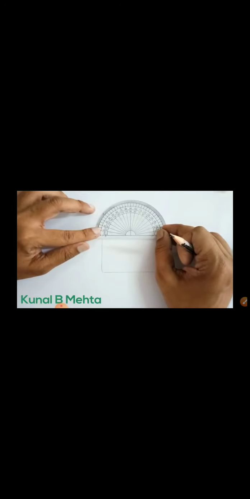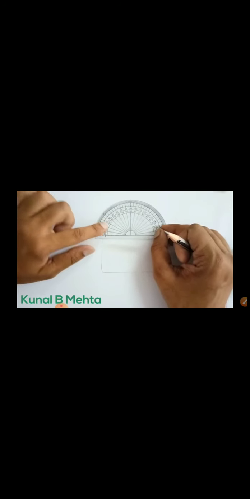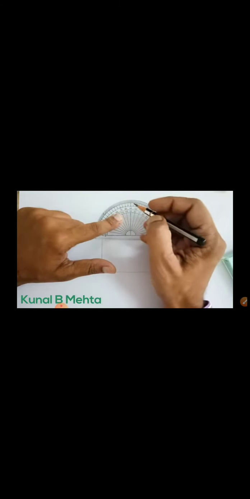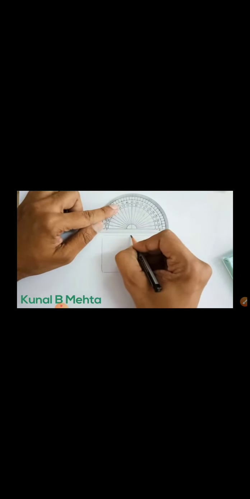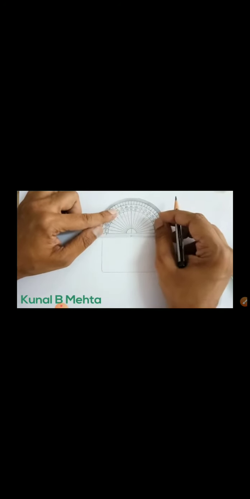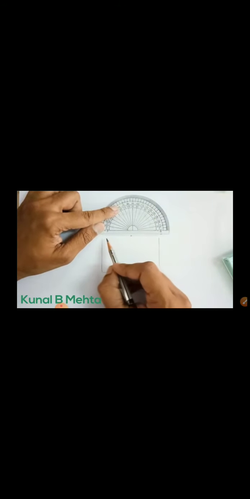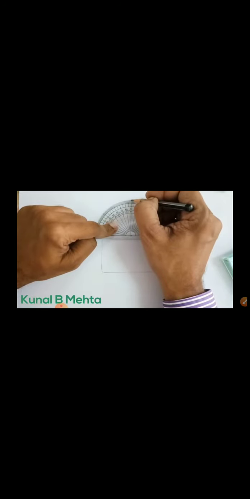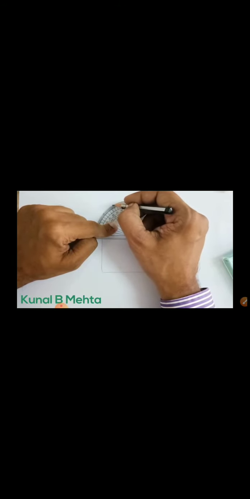Okay, so here is the outline of our glass slab. Now with the help of the protractor, keep the protractor exactly in between like this, and I need to draw an angle with the normal. So I'll be marking a point here, and this part of the protractor I am going to keep over here, and this line should be coinciding with the line which we have made, the outline of the glass slab, like this. Now this would be the normal, and from here this is 10 degree, 20 degree, 30 degree.